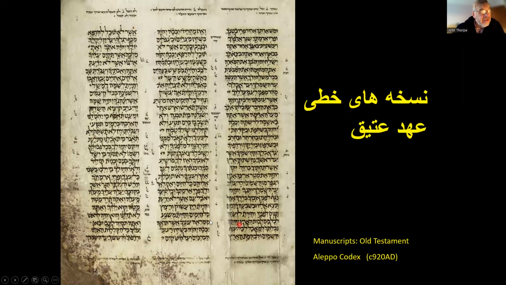And these notes in the middle, in the margins, are there to help the people who make copies of the Old Testament to get exactly right copies. It's a note that there's a strange spelling, perhaps, or a dot's in a funny place, and it's there to explain that it's not part of the text.